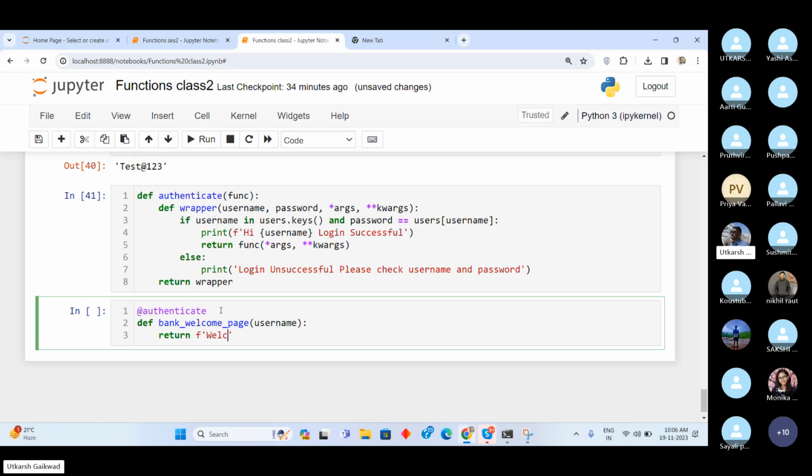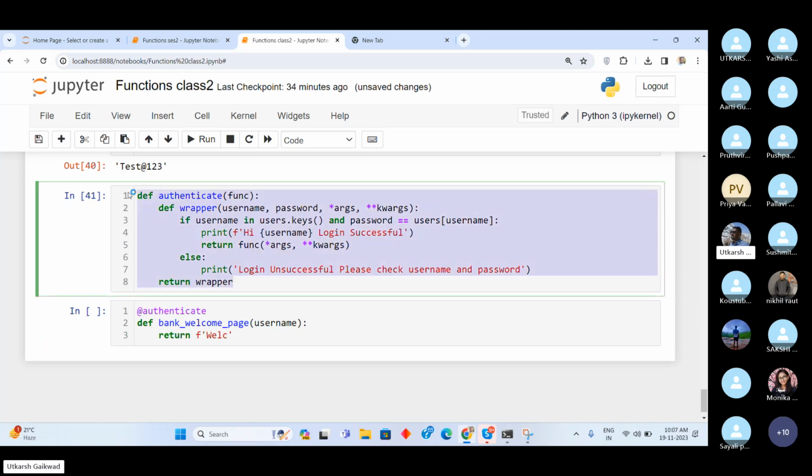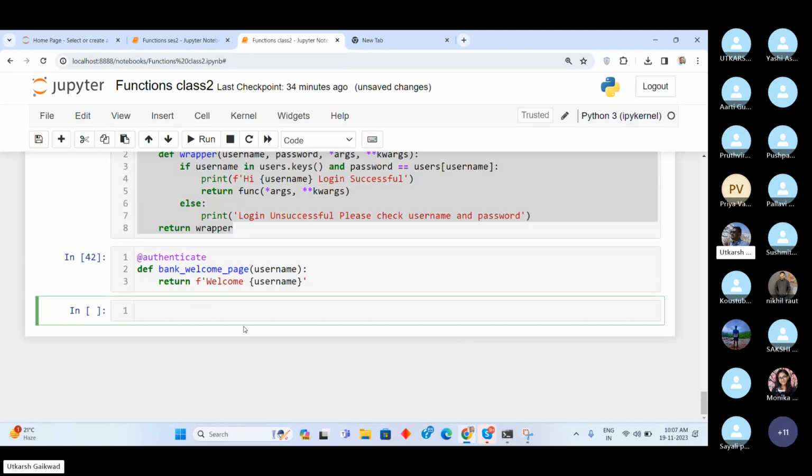And here I do not need to focus on this authentication code now. This I have already written, this logic. I just need to focus on what that welcome page is showing. So let us say the welcome page is showing just welcome username. As soon as I write now bank welcome page,